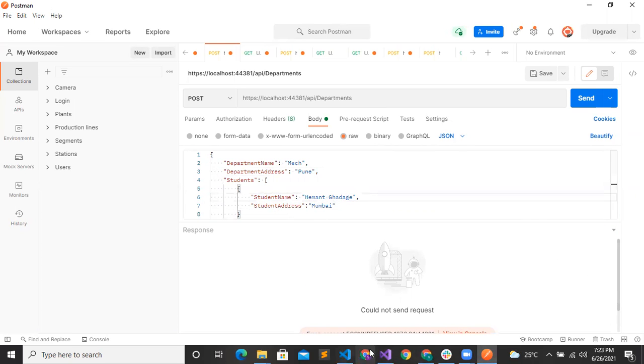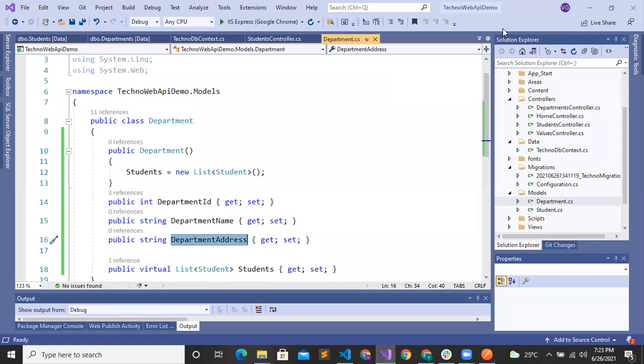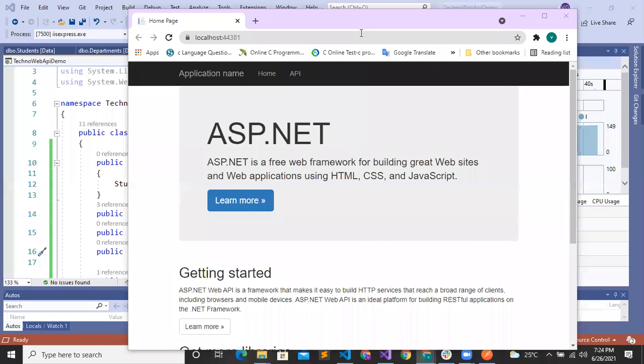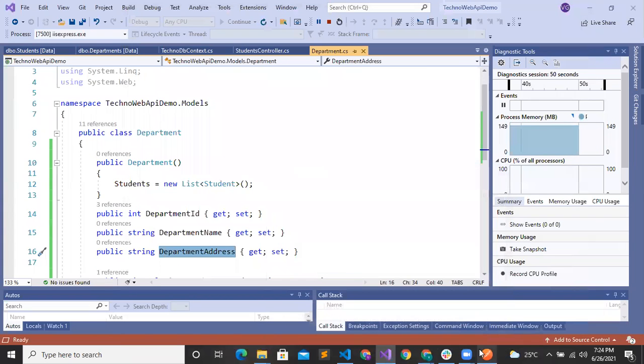Sorry guys, we have stopped our server, so it will not work. We have to start it again. We have started our server. Now we will check.